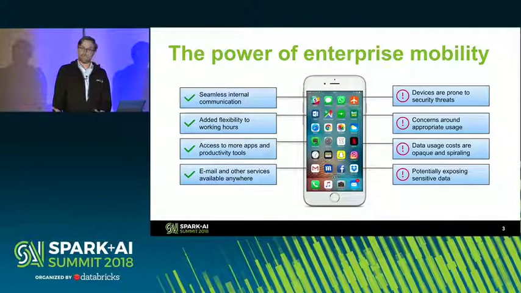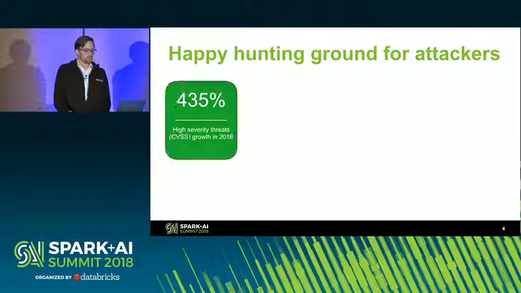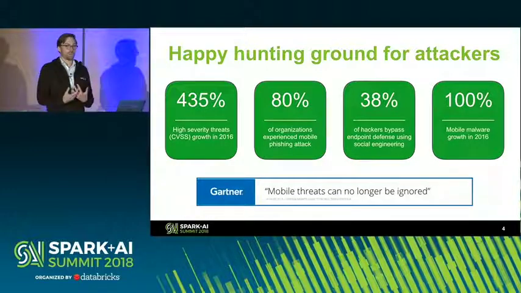But this leads to many other issues that we don't necessarily think of. So the obvious things are security threats, appropriate usage. We don't really want all of our users to be looking at porn all the time and things like that. And this then means that things like costs spiral out of control. So large enterprises will be racking up huge bills where their users are just going on everything they can all the time. And that, again, in itself exposes massive data risks. Let's just build this one out. So that basically builds a happy hunting ground for attackers.